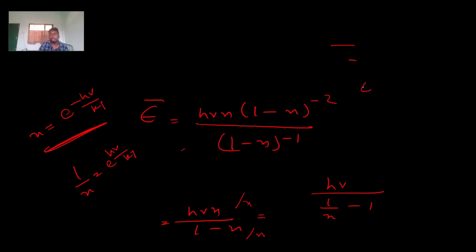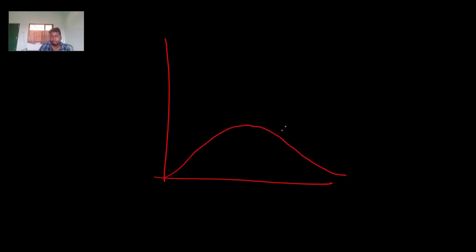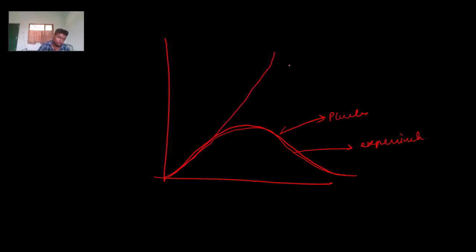This was the average energy formula we obtained, that is h nu by e to the power h nu by kT minus 1, and this led to the matching of the graph with experimental values, like for higher frequencies. Now Planck's graph was matching. This one was the observed experimental, and this one was the Rayleigh-Jeans. In this way Planck solved the problem, and now